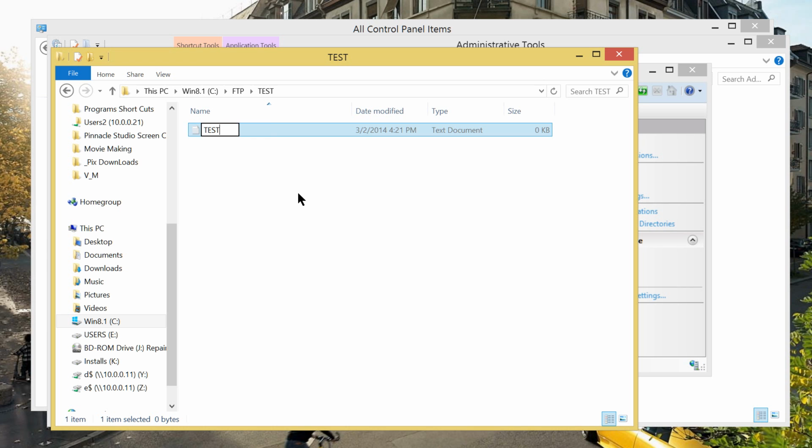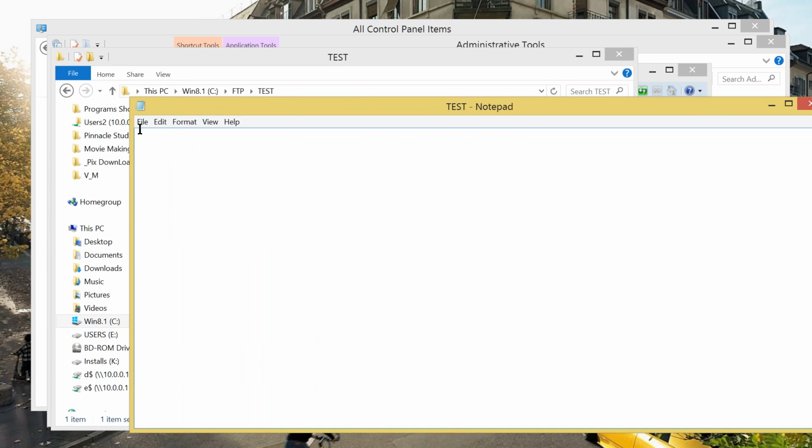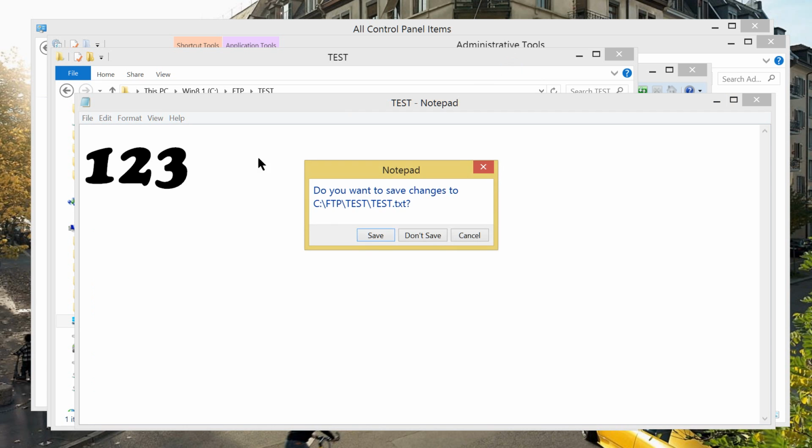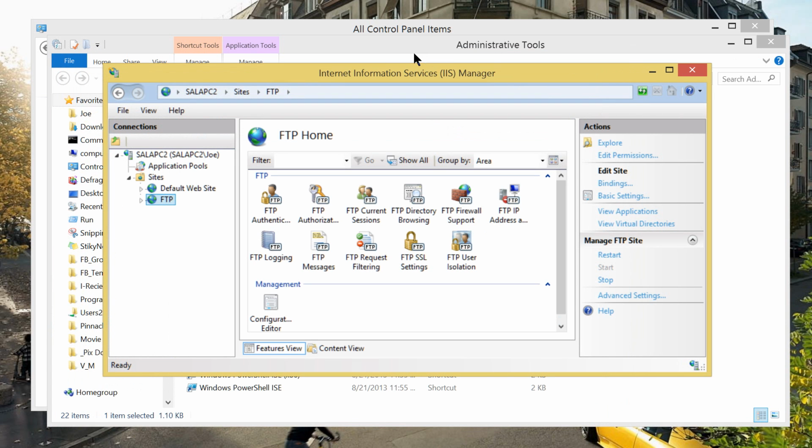It is again test. And then opening it, I would like to write 1, 2, 3. And then closing and save. Now I'm going to close this. And let's see if from this local PC we can access it.